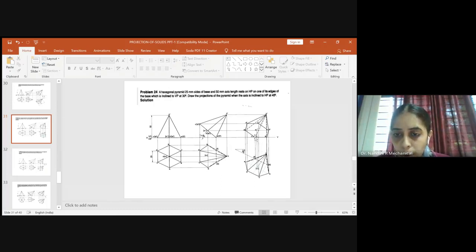Okay, so the outer boundary we have joined already. This part we have to now darken: D dash to C dash, C dash to B dash, B dash to A dash. This is the outer boundary that we have to darken. Once this has been darkened, you have to consider which are the hidden lines. But before going to the hidden lines, complete the visible lines first. Now we have joined the bottom surface and the outer boundary.